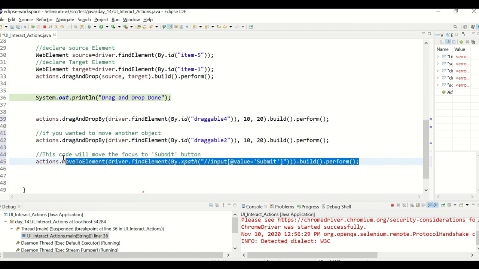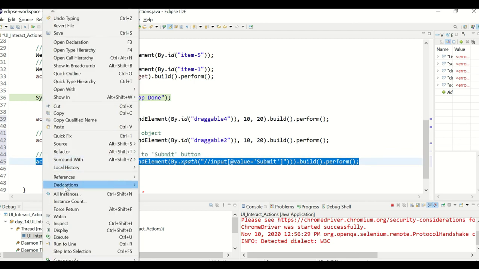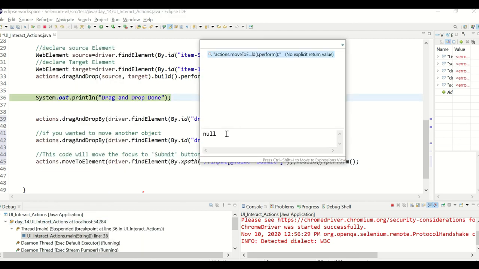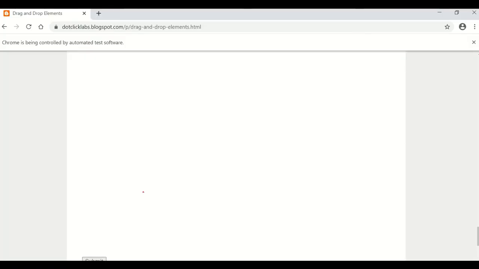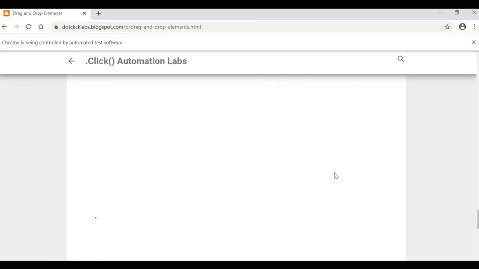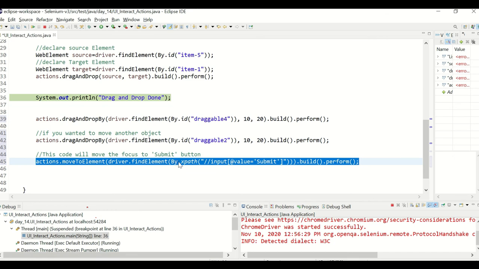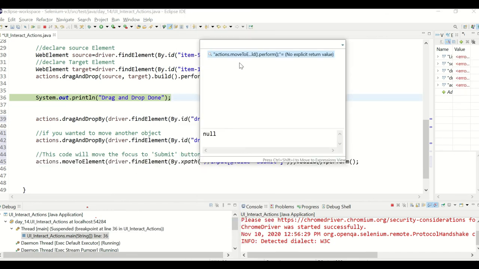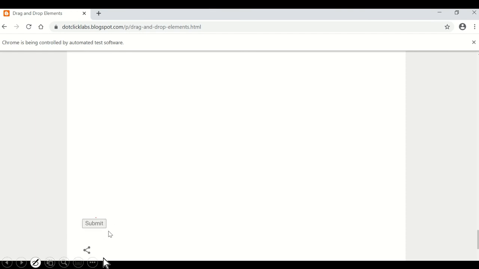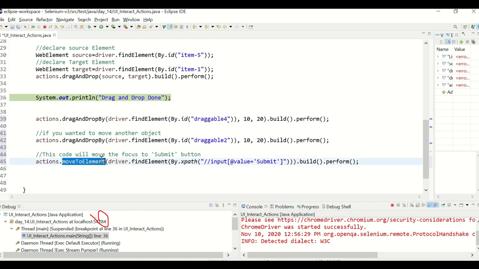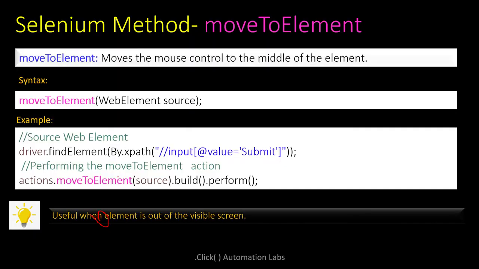Okay, so select the code, right click, inspect. Now you see the screen. You see it's almost down. You see there is a one here. You see, so the screen is completely moved down. So now I wantedly moved up. Now you just right click and inspect. You see, so now the screen is over here. Look at this. This is the screen, right? So it means the WebDriver focus shifted, or the screen is moved to that particular web element. So that is about move to element.